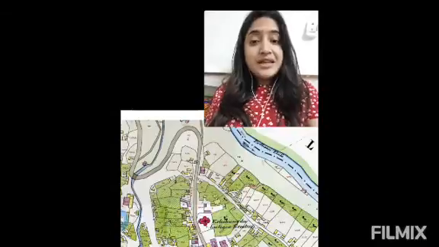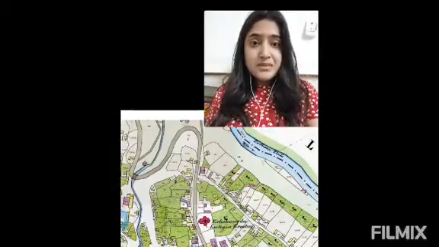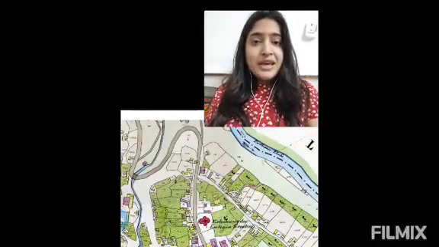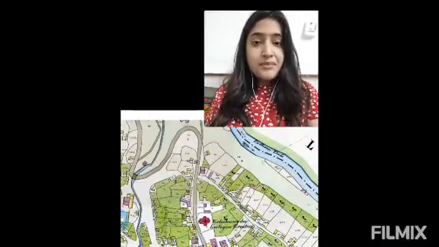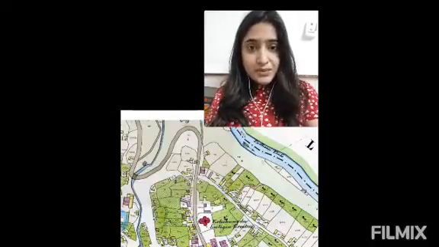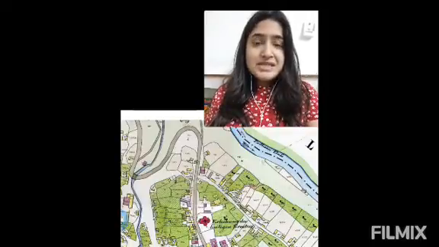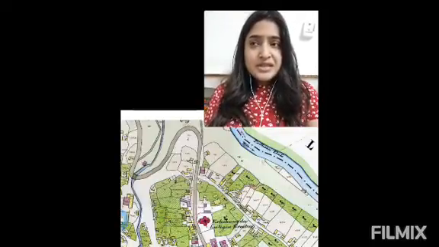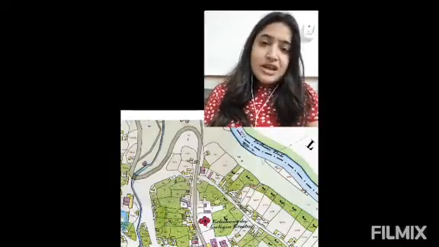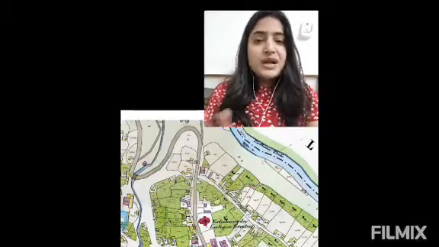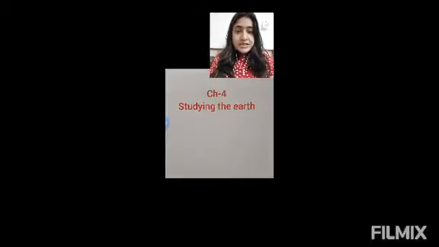Now students, other than these maps, there are some other types of maps as well. We can customize maps according to our needs. Suppose if we want a map for a city, we can easily create one. If I want to create a map to show where we can find the tree plantation, I can create a map for that as well, right? So it depends. Now students, I hope you all understood these types.